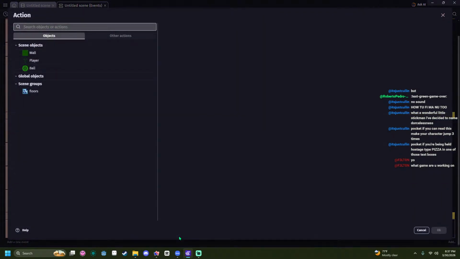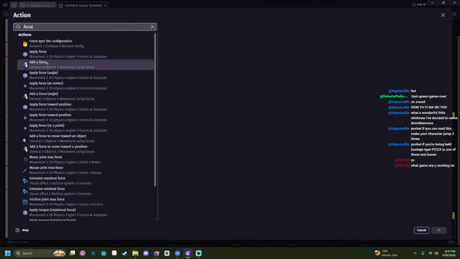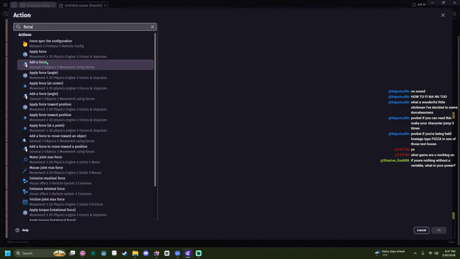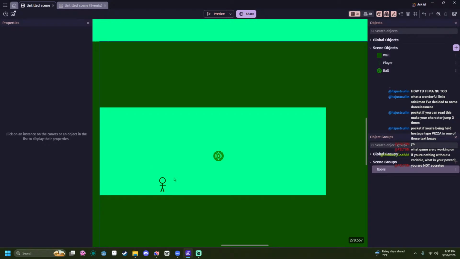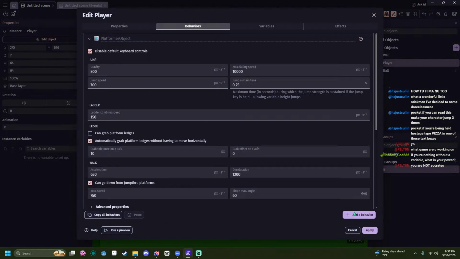But also, if you're nothing without a variable, what is your power? What does that mean? I mean, this would be I'm gonna have to add physics to the player and then just disable it.